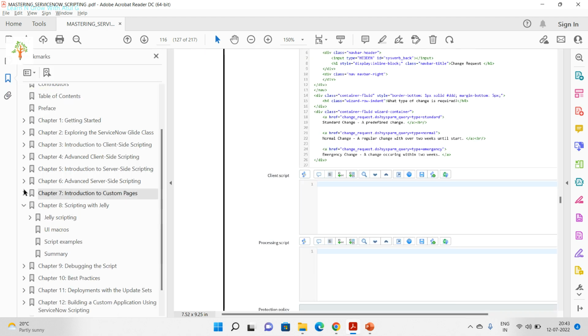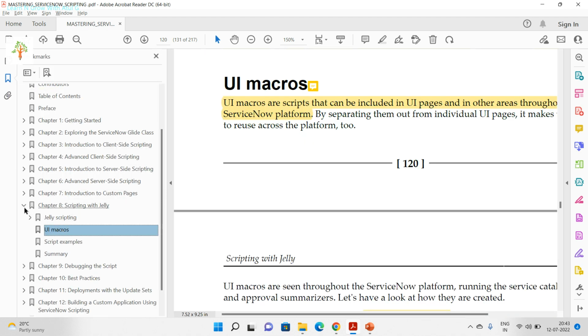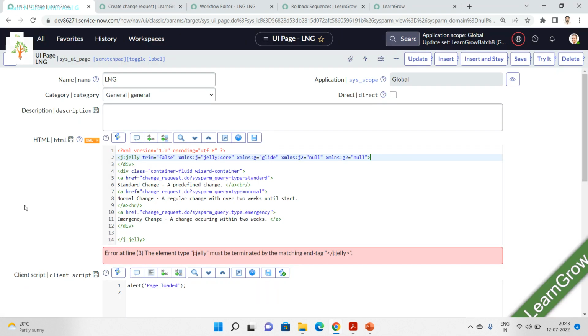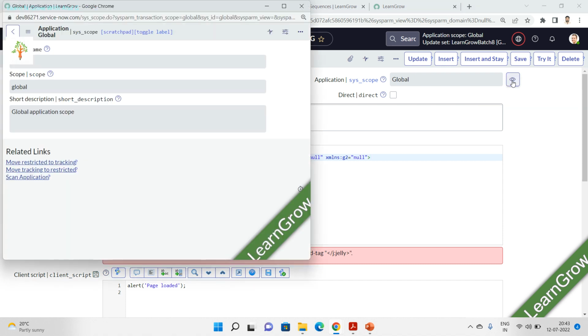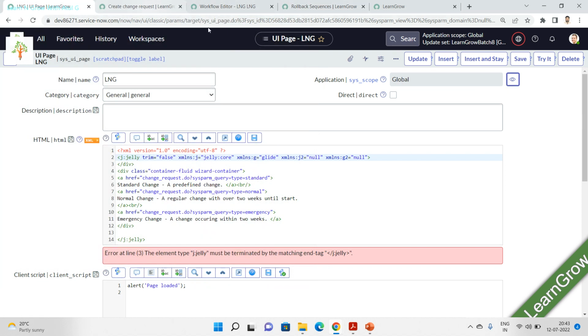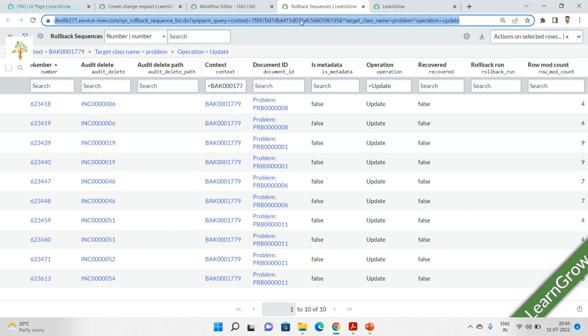Now if I go to the UI macros, UI macro is another important thing, guys. Now you can see this, right? This is a UI macro for me. Fundamentally it works the same with the .do. So if I open any incident here, let me see. If I open this incident,